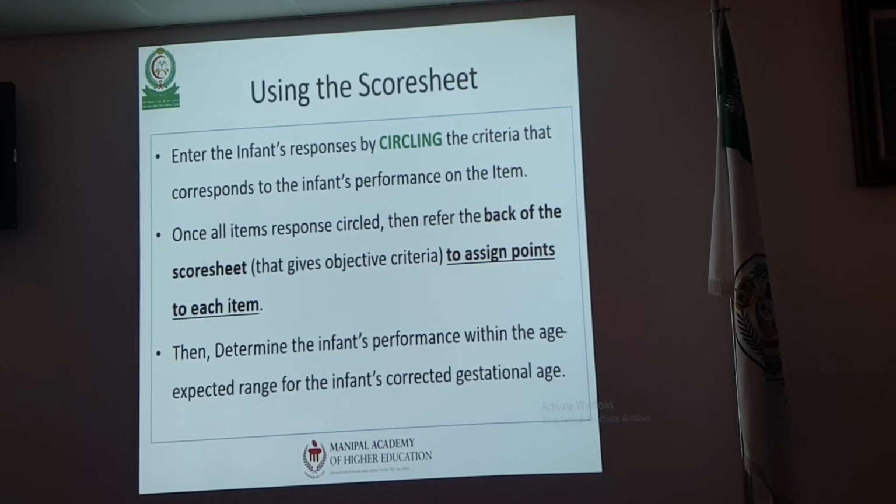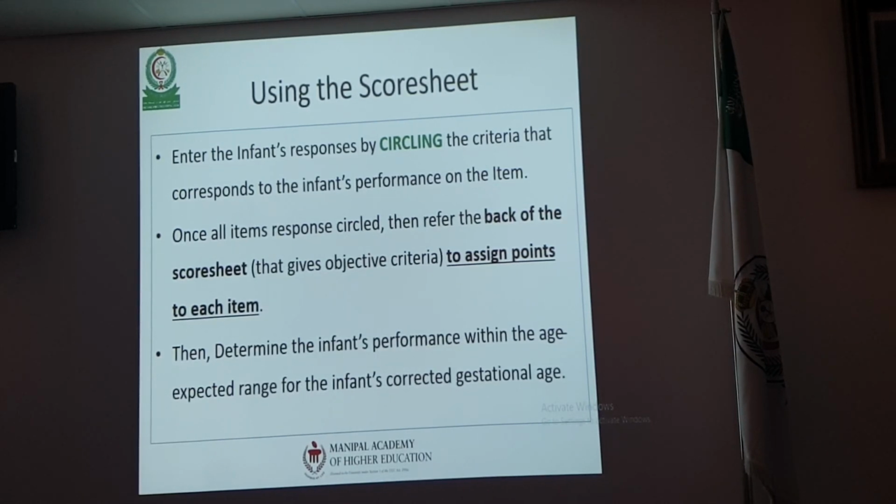This 0 to 0.9 is 1. Similarly, 1 to 1.9 is 1 to 2 months. All of it clear? And once you have circled, you go back to your scoring sheet, and as I said, with the picture matching the age, you assign a point: it is a 1 stage delay or a 2 stage delay. Let me complete this, then I'll open this file directly on the system, and it will be easy. You will assign the point for each individual item. After that, you have to determine the performance of the